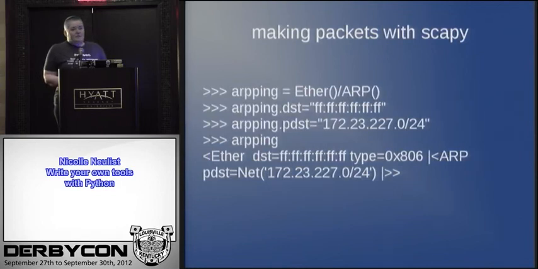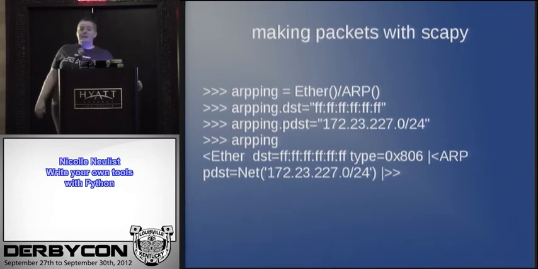Scapy is another module that I absolutely love. You could probably do several talks on just it. It's how you build packets in Python. Even though it's not in the standard library, if you have BackTrack 5, it is on BackTrack 5 by standard. You can just run Scapy and it will pop you up a Python shell with Scapy already imported. Or you could just start using import Scapy in your scripts.